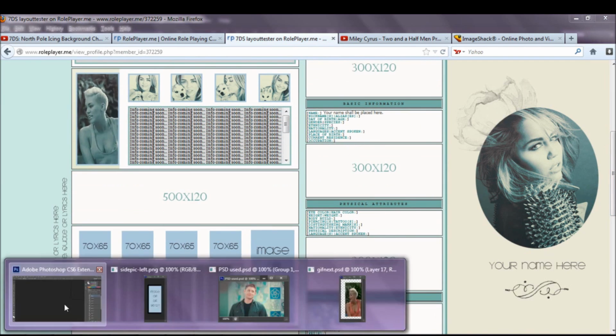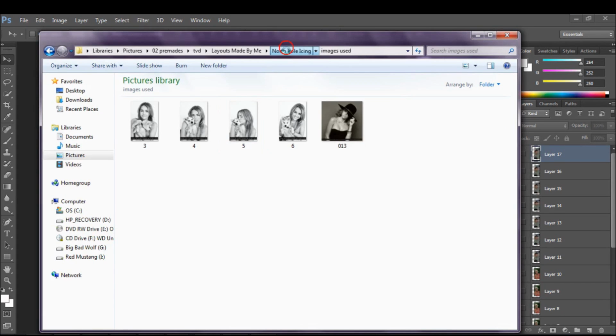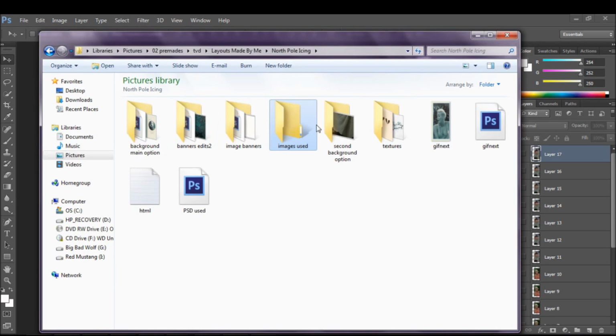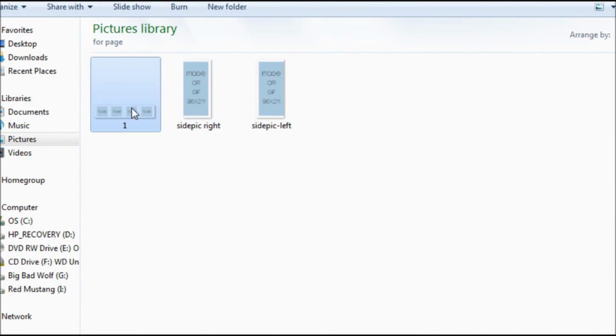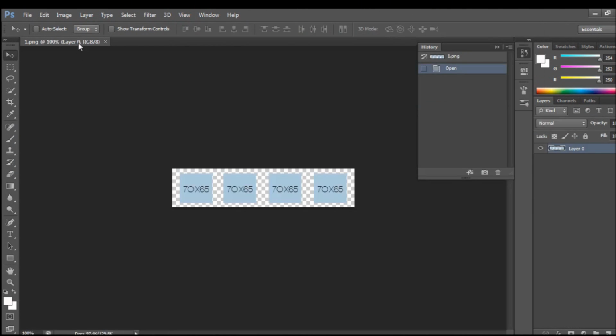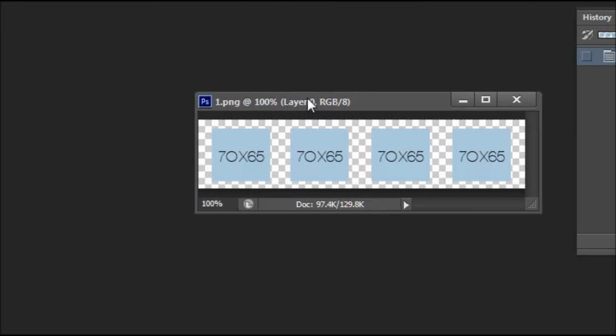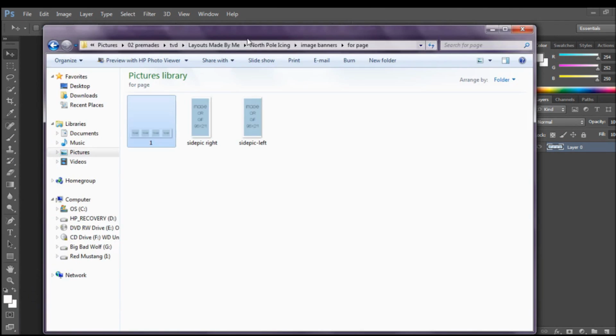So go to your Photoshop and then open the file that has the images. I have so many images, so disregard my mess. I already have it pre-laid out for you, the 70 by 65 for icons. Right now you'll see the background is transparent, which will work very smoothly. So back to that